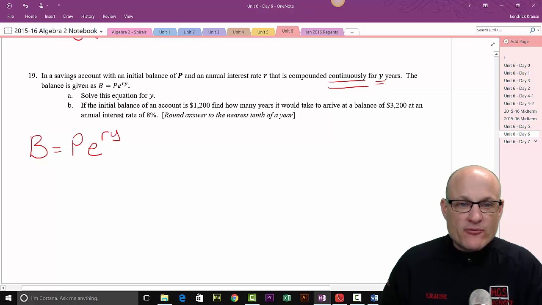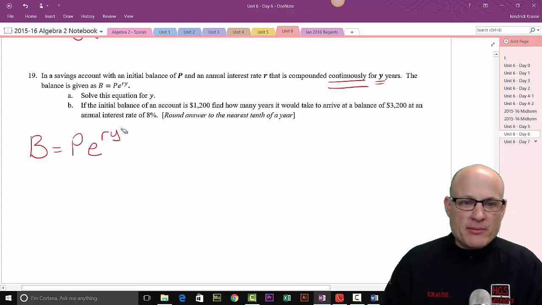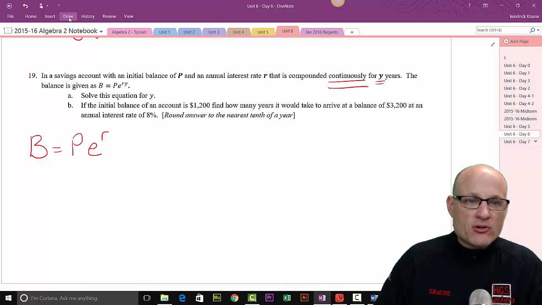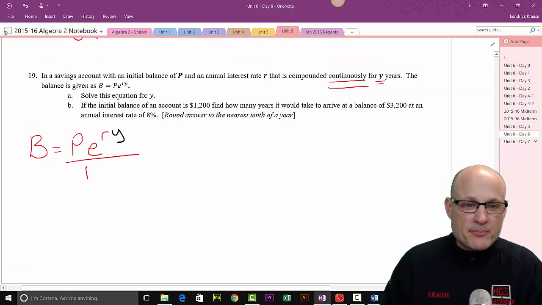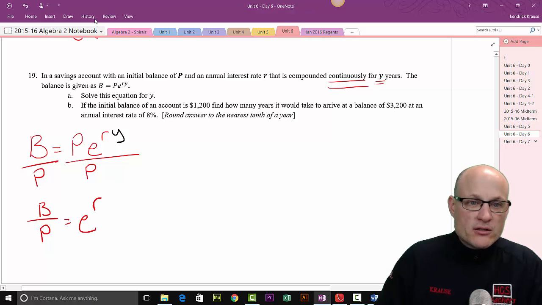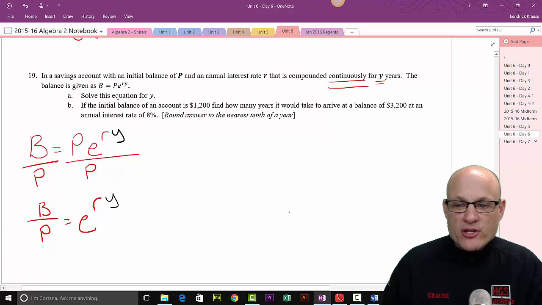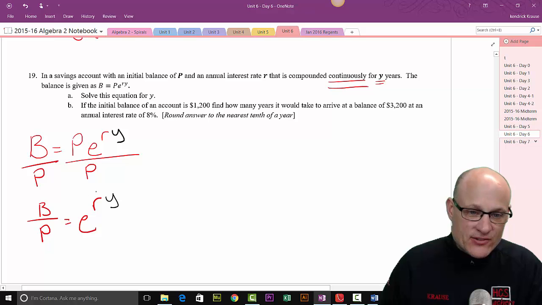We want to solve for y. I'm going to keep it in black, just to make it a little bit easier to see what we're going to solve for. So the first thing I'm going to do is divide by P, because you've got to get the weird thing alone. So B over P is equal to e to the r y. Now, the only way to get this y out of an exponent